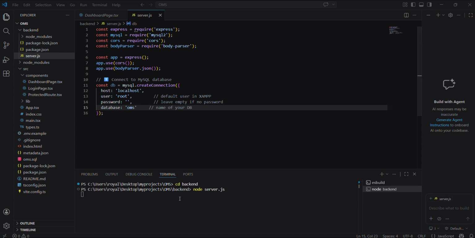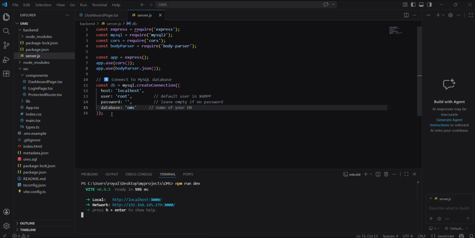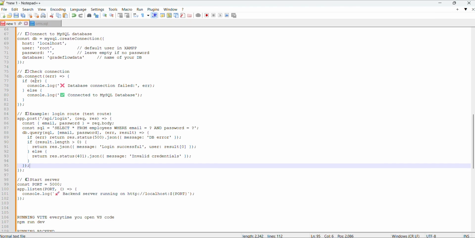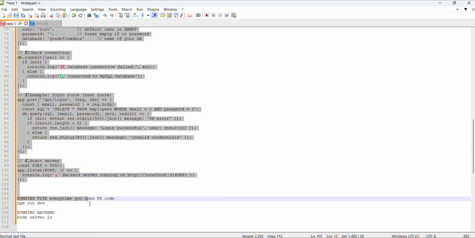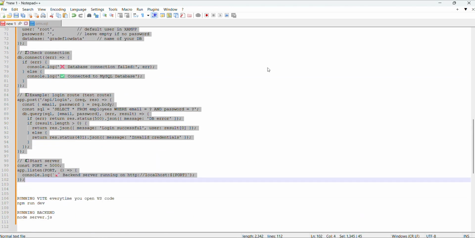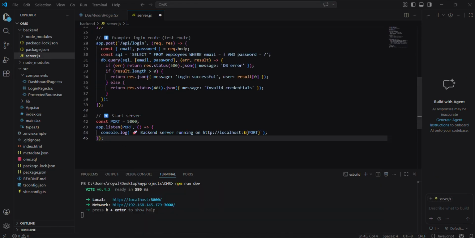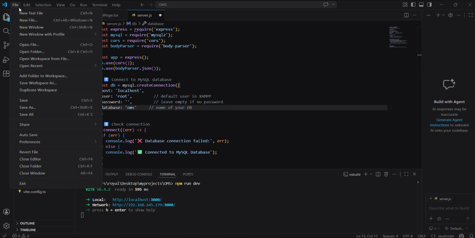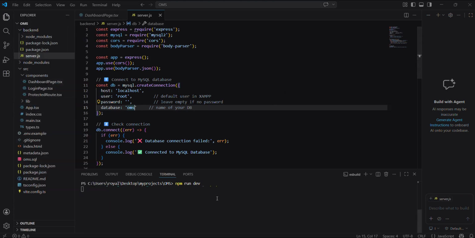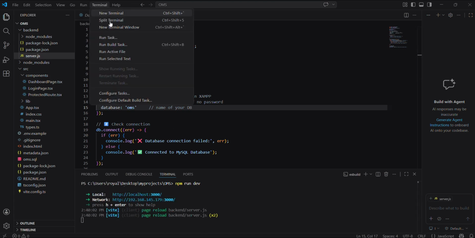Oh yeah, we did not copy everything for the back end. Let me close this and then I will recopy this properly. Supposed to copy everything here all the way to here. Copy paste. Then your job is to go here, change this to okay. Then you save, and then that is when we can go back to run the back end terminal, new terminal,